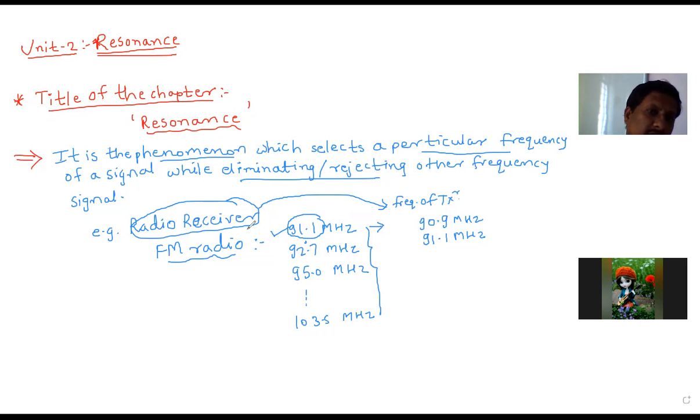Okay. So we only must know what the frequency of that particular channel is. If you know, you can set it properly and you can listen properly. Okay. So this concept is used especially in communication systems. Now, the central idea of the chapter, we can move towards that.